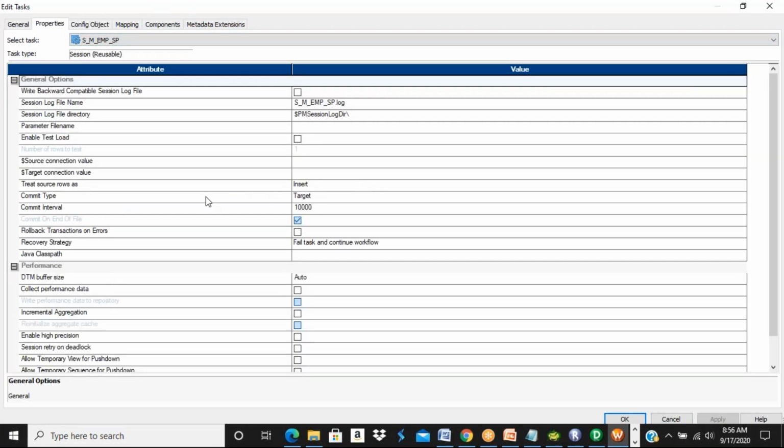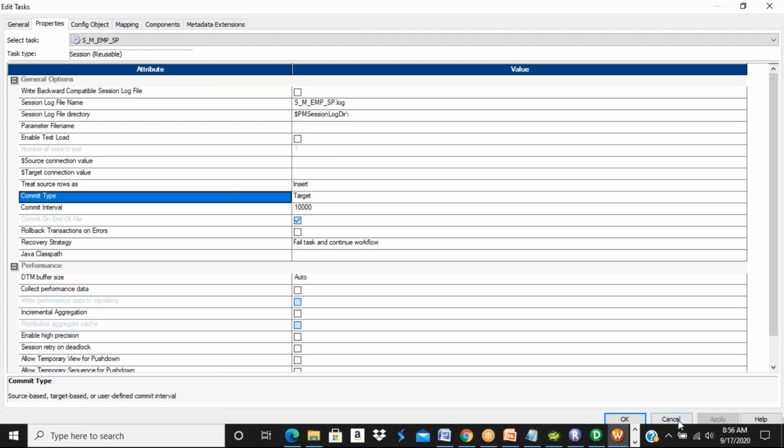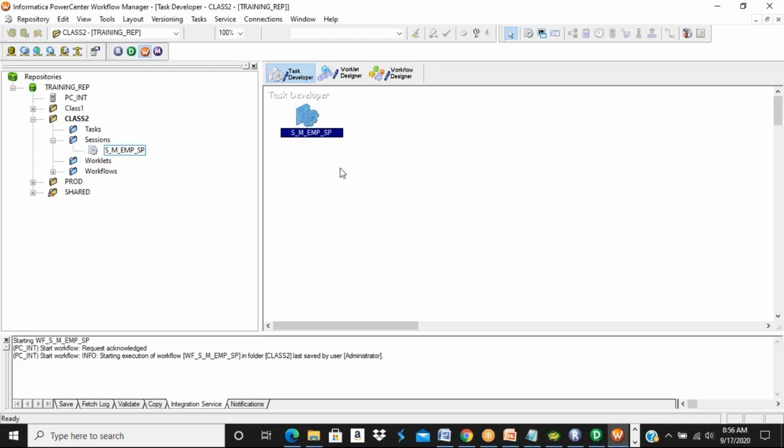Just a second. Here, can you see it? Mm-hmm. Just now you told something like commit interval. Okay. Lot of things to discuss. I told you a session is a set of instructions which tells us how to execute the mapping, but I have not told you what the instructions are, right? So it's an advanced topic. In the first session, I can't cover everything. No, I didn't expect to cover it in this session. I understand. I want to know whether we have an option for that or not. Yeah, I understand. I'm just trying to tell you, in the first session, we can't explain everything. There are a lot of options in PowerCenter. We are going to discuss them in the coming sessions.